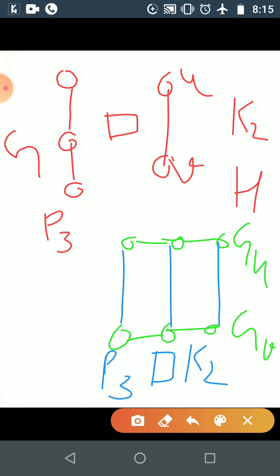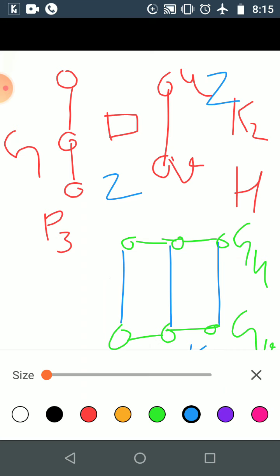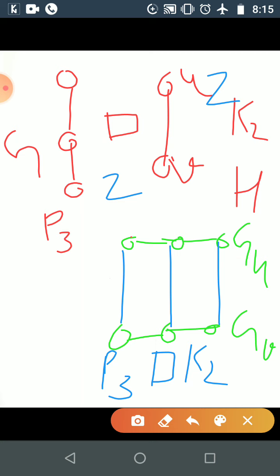Here we discussed, I gave you a result that if you find the chromatic number of the Cartesian product of G and H, then it will be the maximum of the chromatic numbers of G and H. So what is the chromatic number for this G? Chromatic number for G is 2 and for K2 is 2. So here also it should be 2. So how? Maximum is 2 for both of these.